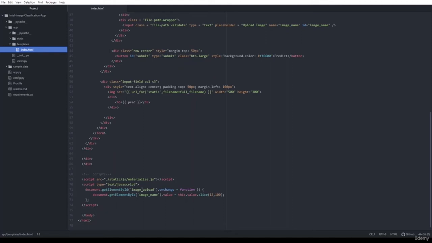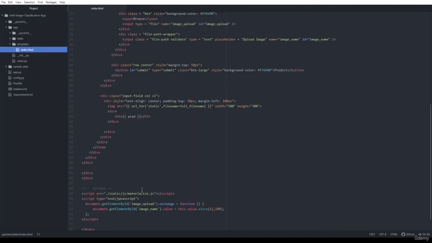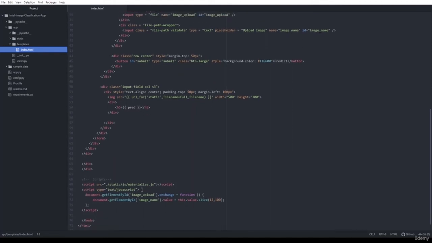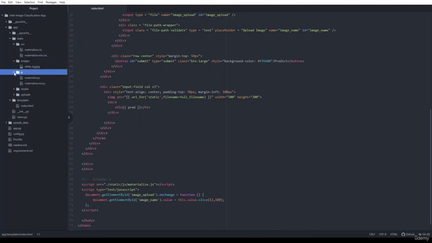So this is the index.html file. As I have told you, we have worked on HTML and CSS. So let me show you where they are stored. In the static folder, you can see the CSS folder, which contains materialize.css, because we have used materialize.css. We've taken the images, like the white background image for the application used in the first division. We have also worked on JS, that is materialize.js, which is saved here, and the model is also saved here with the name intelimage.h5, and the upload files.